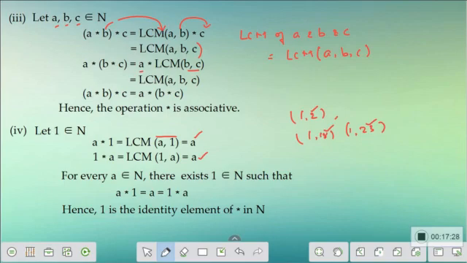When I operate it, we get the same element. That is, we get A star E is equal to A and that is equal to E star A. So for every element in the set of natural numbers, we see there is one natural number.